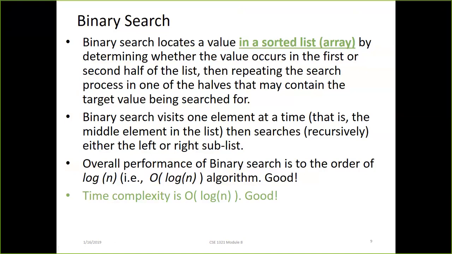So here in the binary search algorithm, the complexity is big O log n. That means every time, your list will be halved. For instance, if you have an array of maybe 1,000